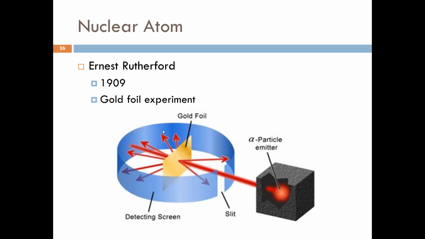And then in 1909, Ernest Rutherford. Notice that the time frames here keep speeding up more and more because more is discovered, and we have better equipment as time goes on, so we can still discover more things. Anyways, Ernest Rutherford did the gold foil experiment.